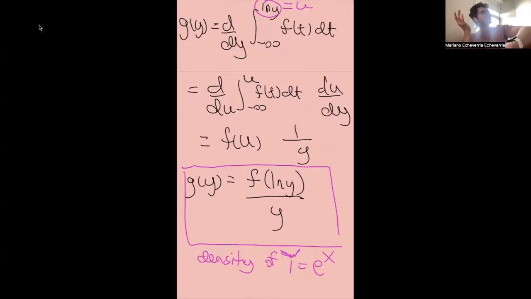I think one of the problems that I removed for the quiz was where I gave you a random variable with a certain density, and you had to find the density of another random variable constructed out of it. That's how you would have had to do it. That's the way in which we will find these densities. You kind of have to relate the distribution functions, and once you can relate them, you can just take the derivative and use the fundamental theorem of calculus. Okay. So it's a fun trick to keep in mind.